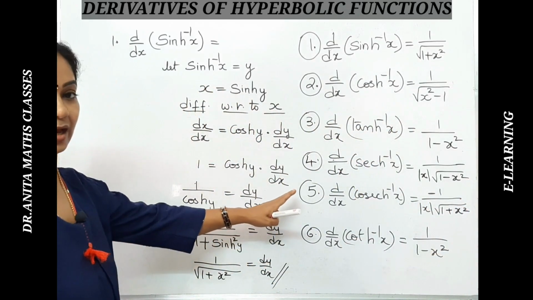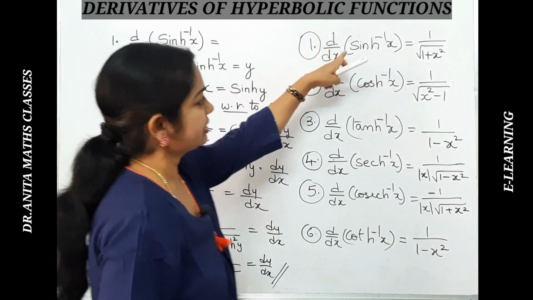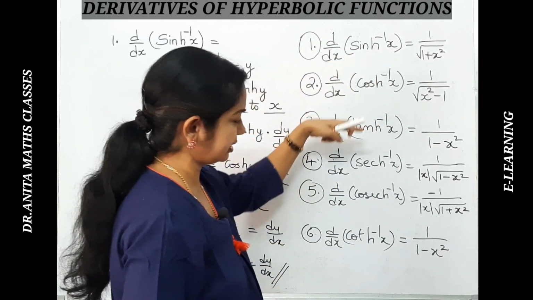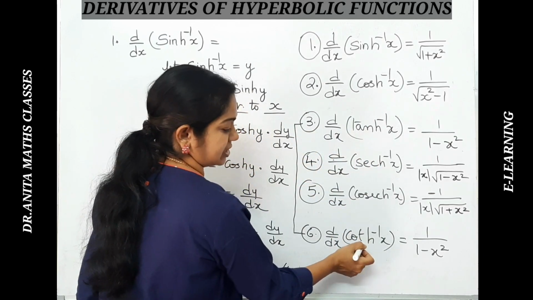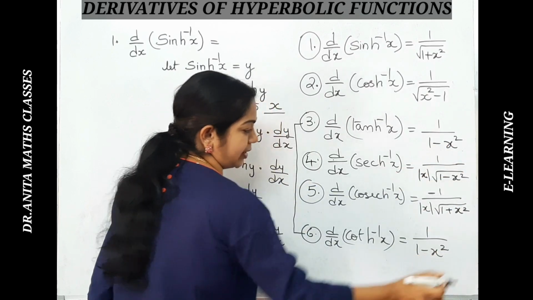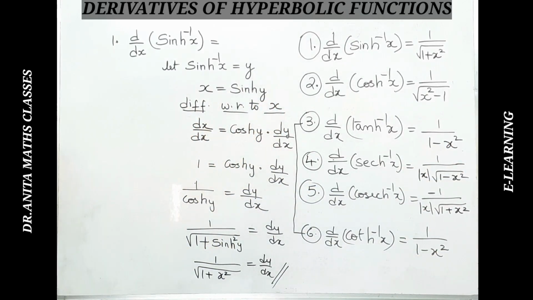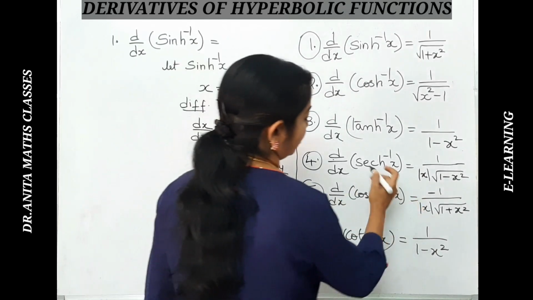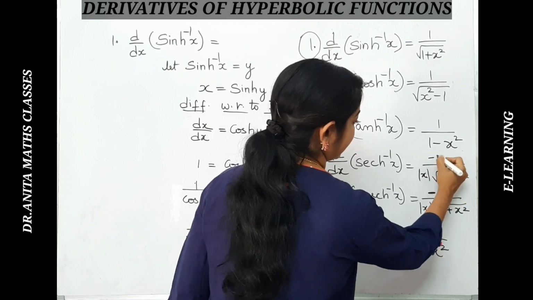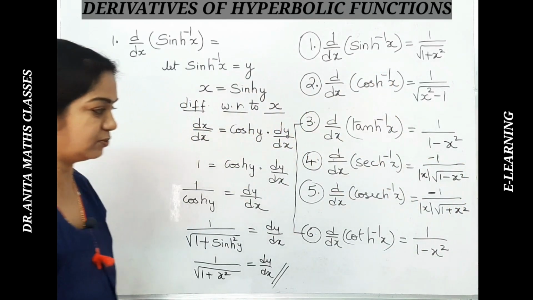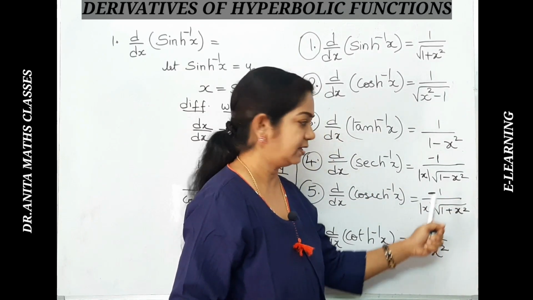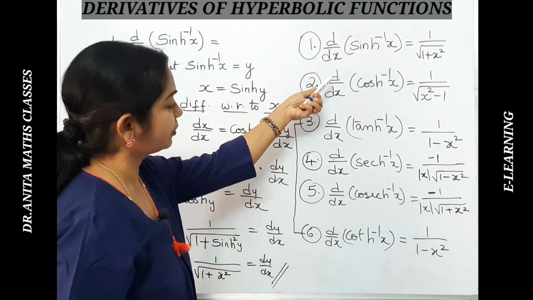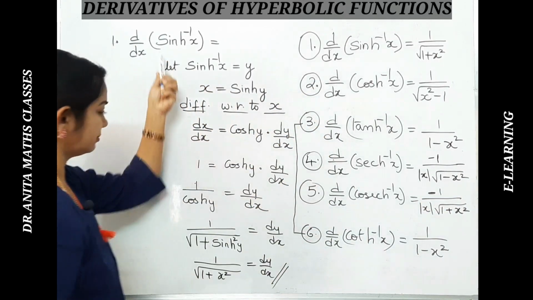So these are the inverse hyperbolic functions. If you see, there is no similarity in each one, only for the third as well as the sixth one they are the same. For cot h inverse x and tan h inverse x it is 1 minus x square and 1 minus x square. While we are seeing the secant h inverse x and cosecant h inverse x, we do not have anything similar, but only one thing, that they both have negative signs. And the rest of the others don't have negative signs. These two have negative signs, here 1 minus x square, here 1 plus x square. That you can remember.